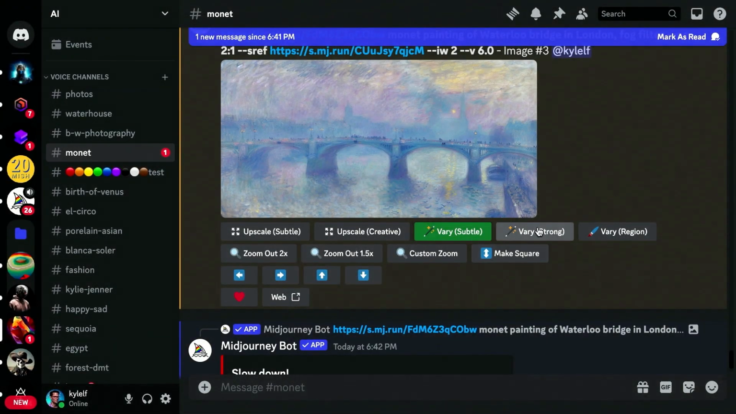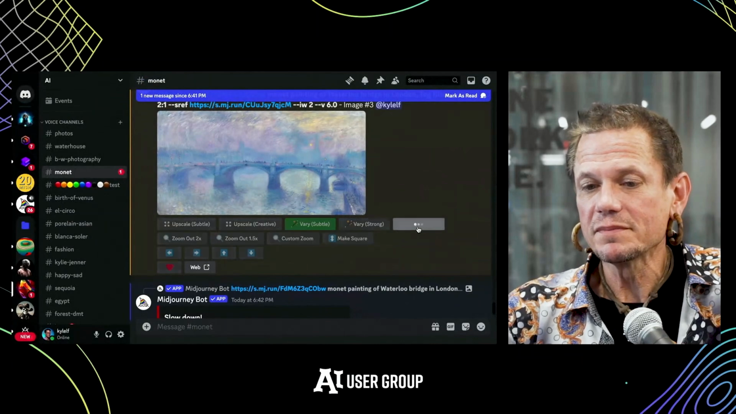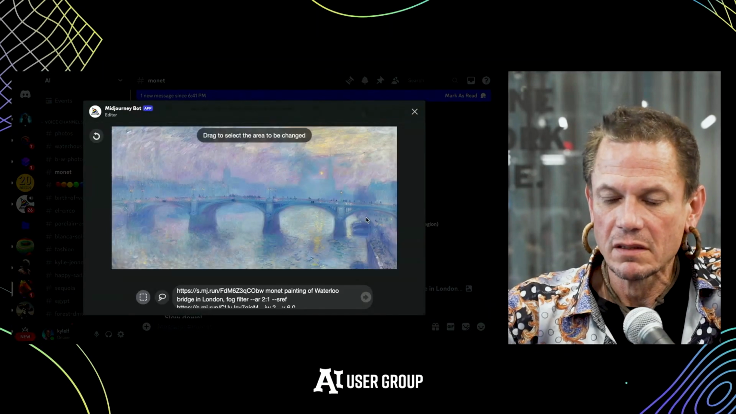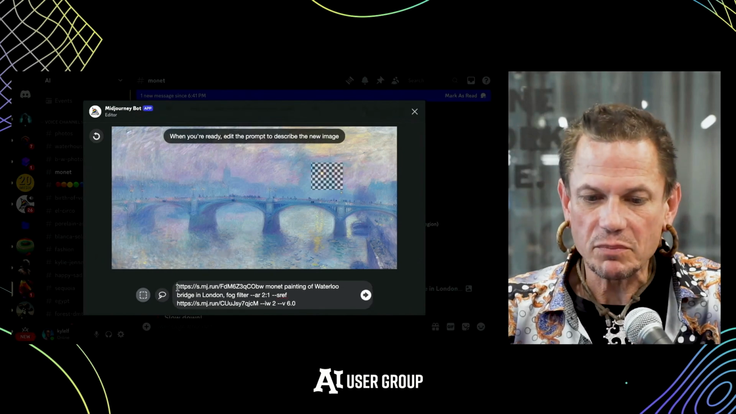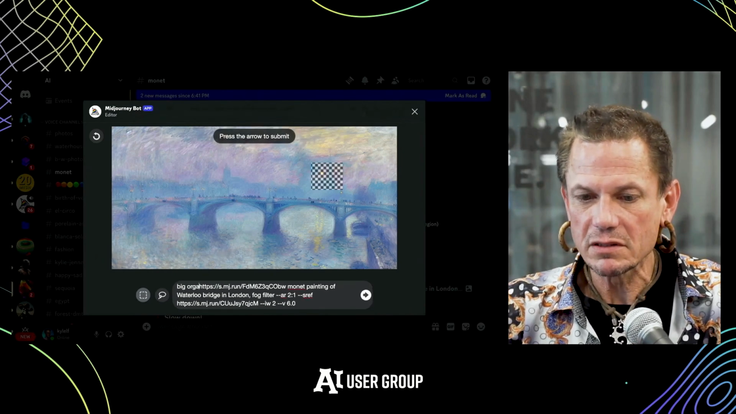Very strong, you can actually change the contents, like maybe get rid of the bridge or something like that. Vary Region is sort of cool. Maybe I want a bigger sun. So here I'm going to drag my cursor over the sun. I can go down to the prompt and say big orange